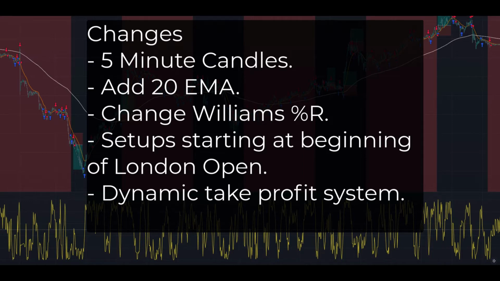As always, I'm going to review the indicators used and entry criteria with examples. Then I'm going to test it 100 times in a row, followed by an analysis of the test data, a review of the equity curve, ideas for improvement, and conclude with my thoughts on this strategy. You can review the system specifics in the video description.